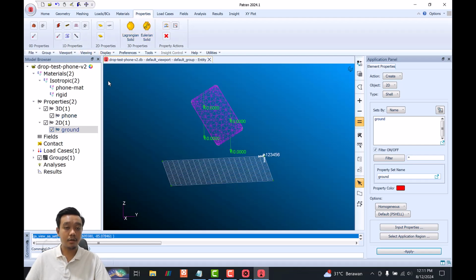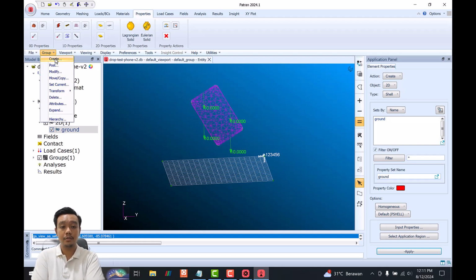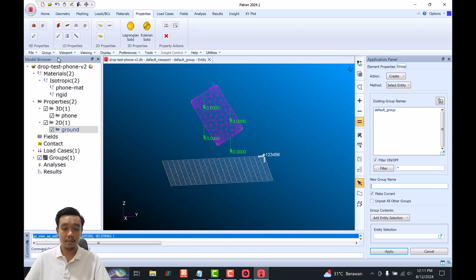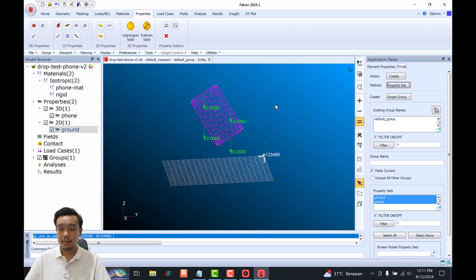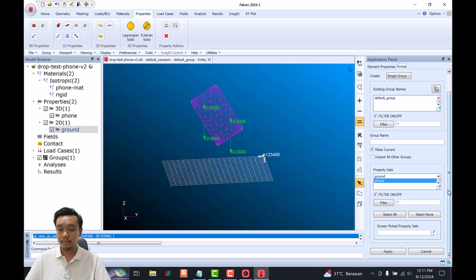And yeah, I think that's all for the setups. And maybe I want to make one more thing here, which is to group. I want to make a new group which I will use to display the post-processing for the phone. It is not a mandatory thing to do, but it is just to make our post-processing better. Yeah, let's say phone group by,